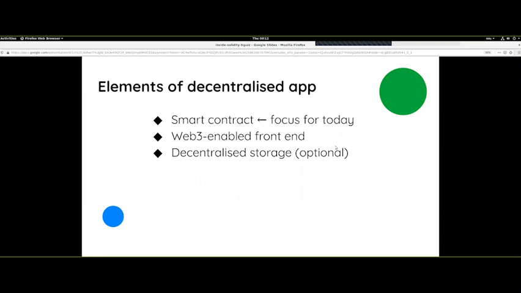And then there's also another component called decentralized storage, and that's where you want to store data that's larger than what you would typically store in a smart contract. So that's where things like IPFS and Swarm come in. Those are the three things that a DApp is comprised of, and today we'll be focusing on smart